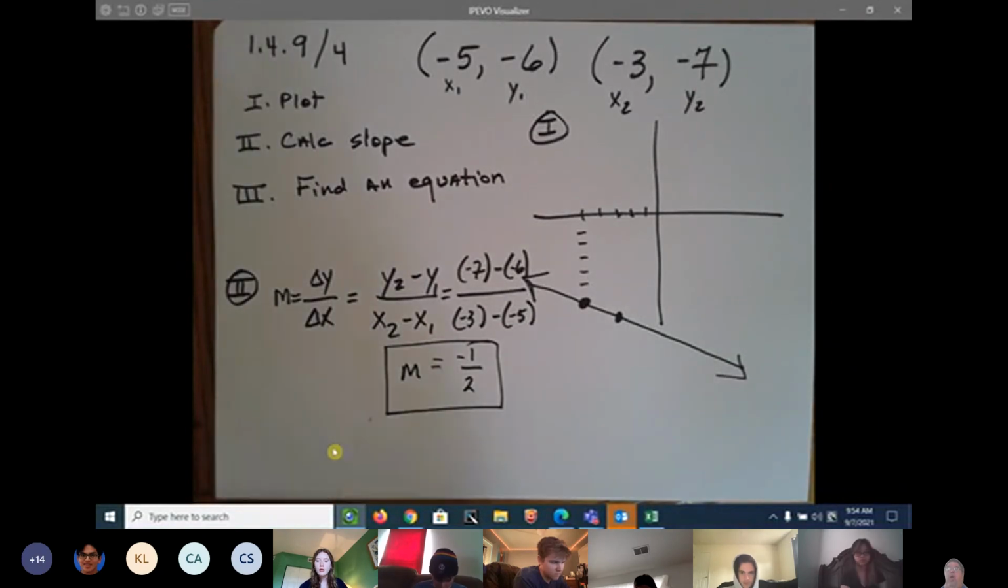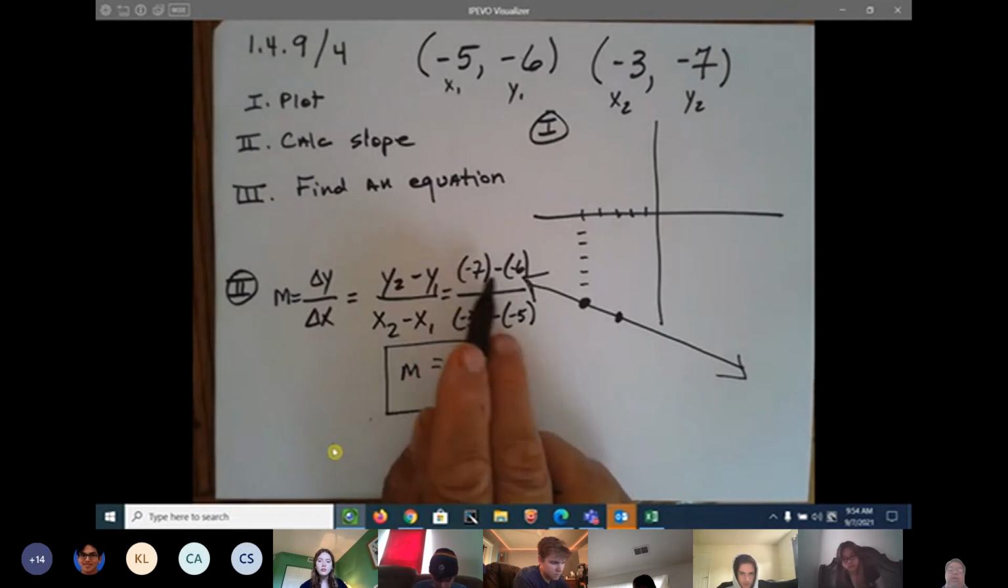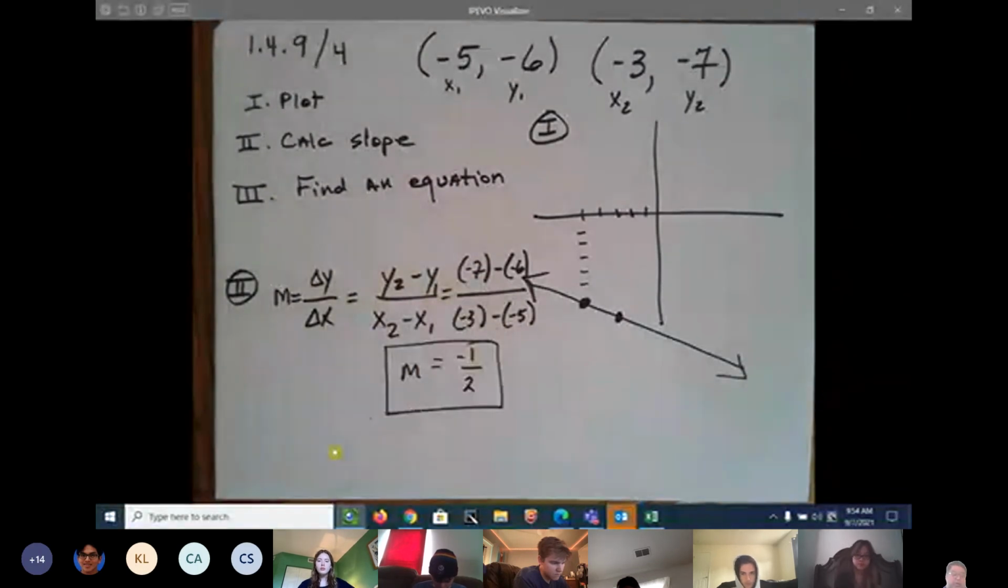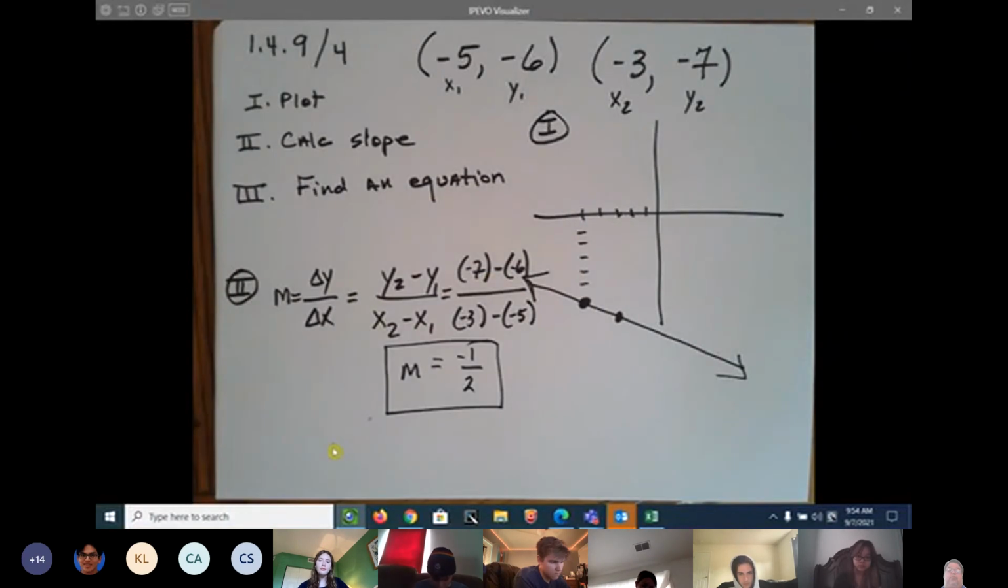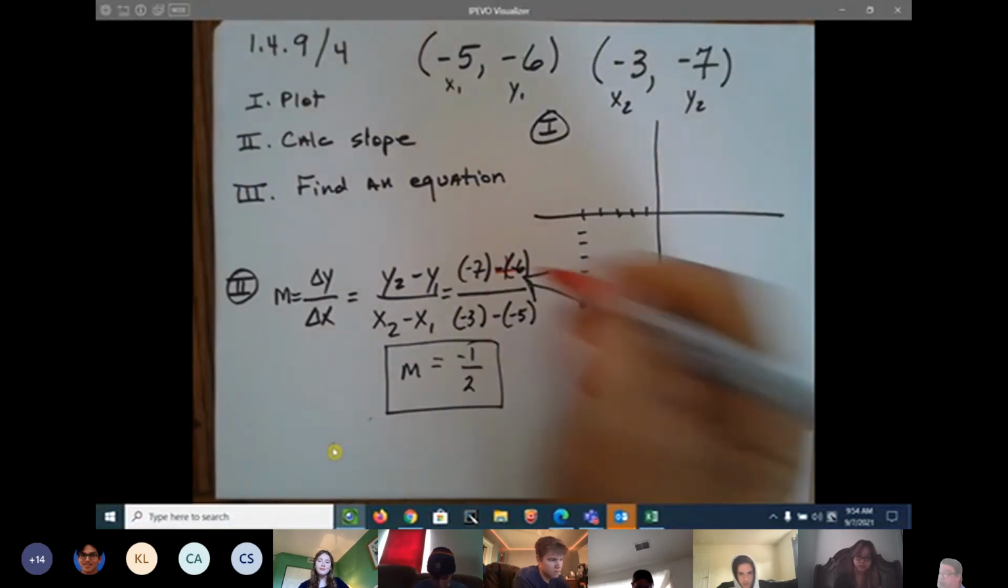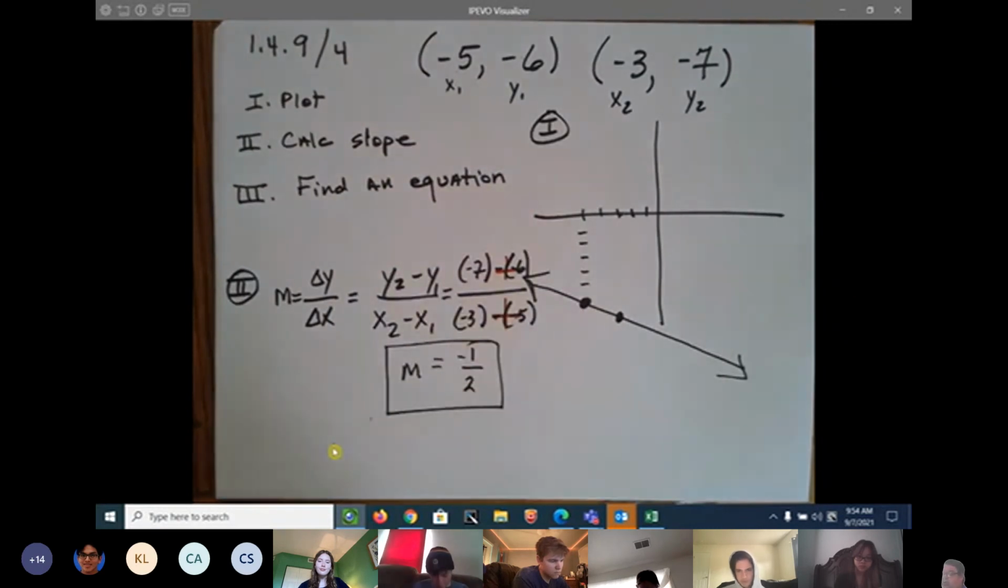Now, if you got that wrong, I guarantee you didn't have your parentheses, because if you had your parentheses, you would see that these two negatives right here turn into a positive. And these two negatives right here turn into a positive. But if you didn't have your parentheses, you wouldn't have known that. So